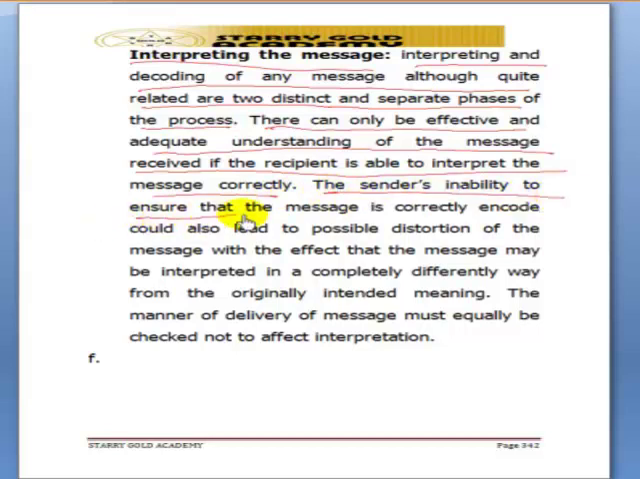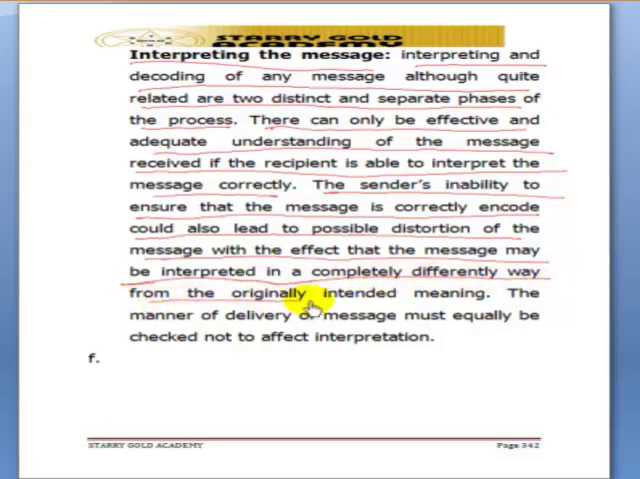The sender's inability to ensure that the message is correctly encoded could also lead to possible distortion of the message, with the effect that the message may be interpreted in a completely different way from the originally intended meaning. That is exactly what we are saying here: the interpretation depends on what? On coding. If the wrong language, wrong tone, wrong composition, wrong channel, wrong timing,